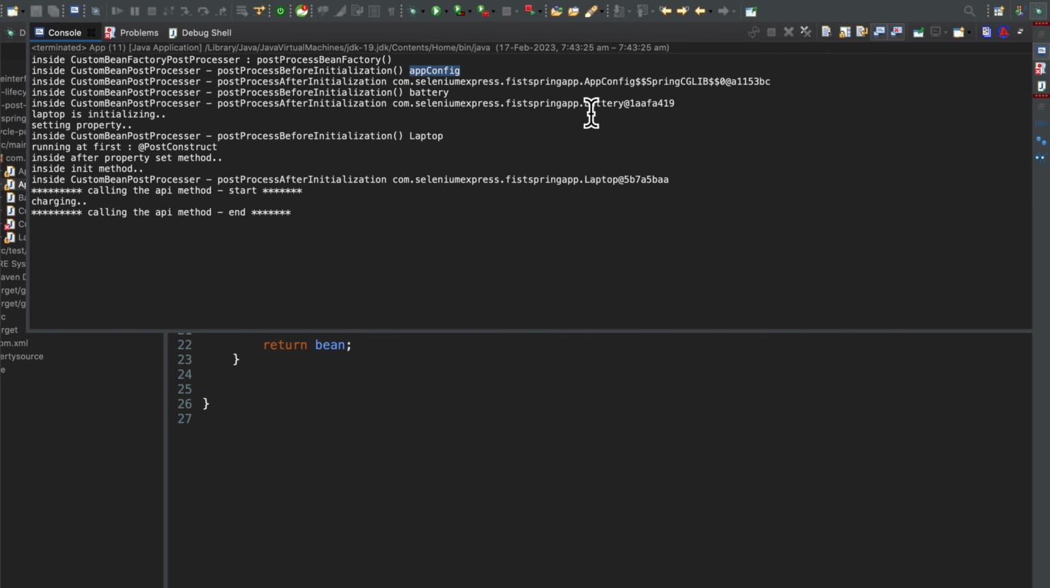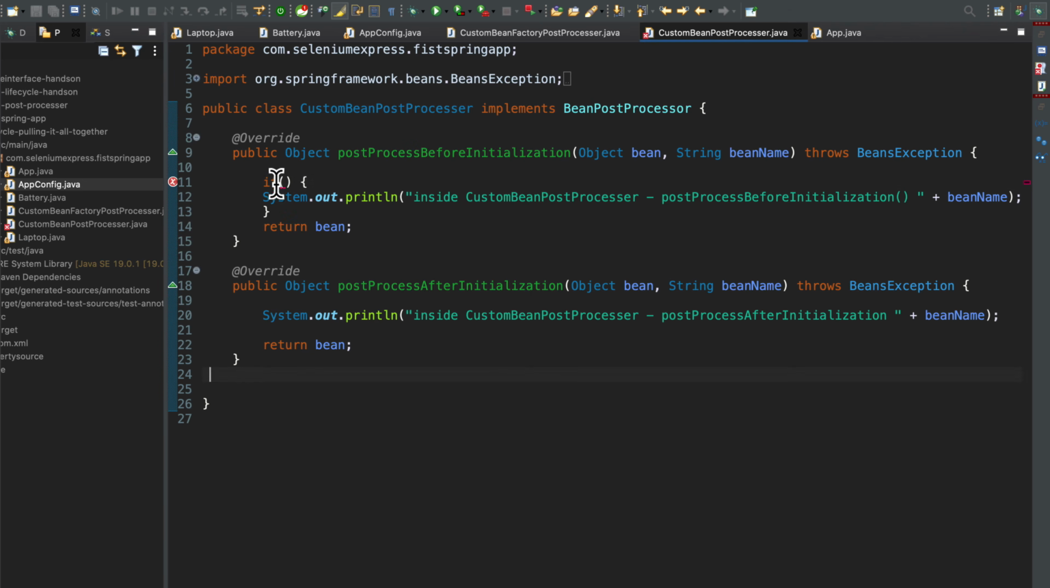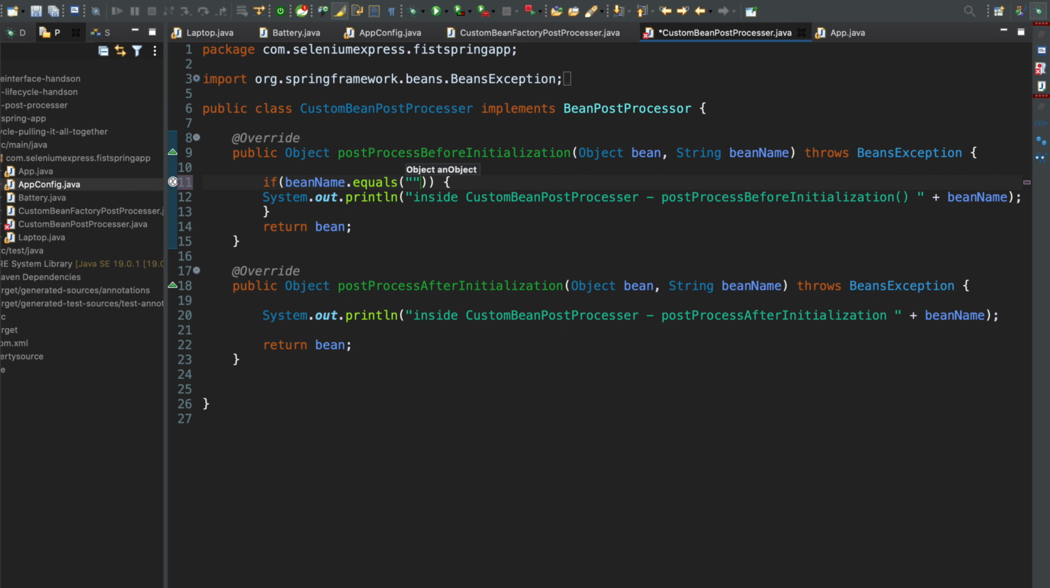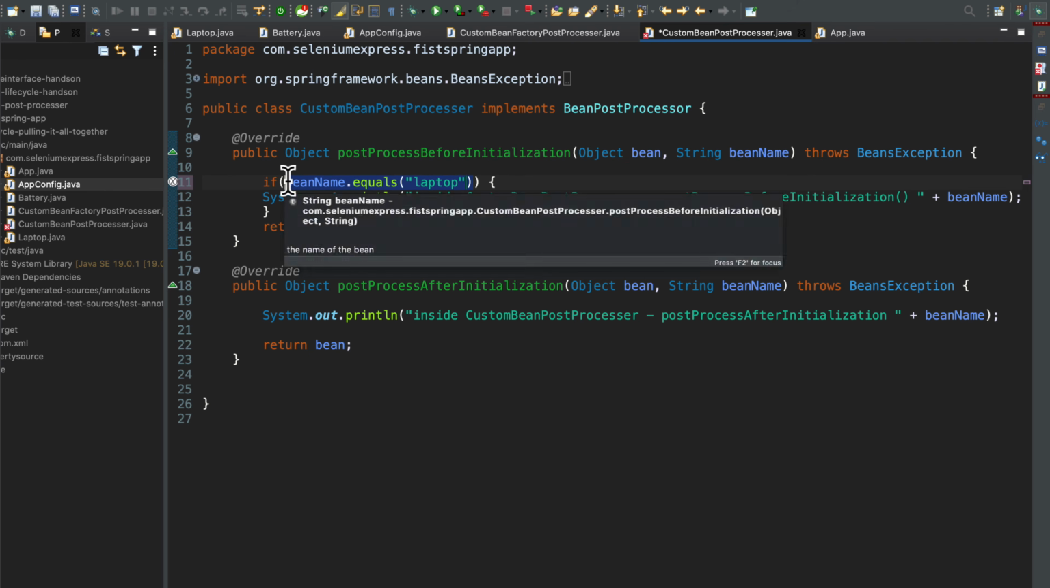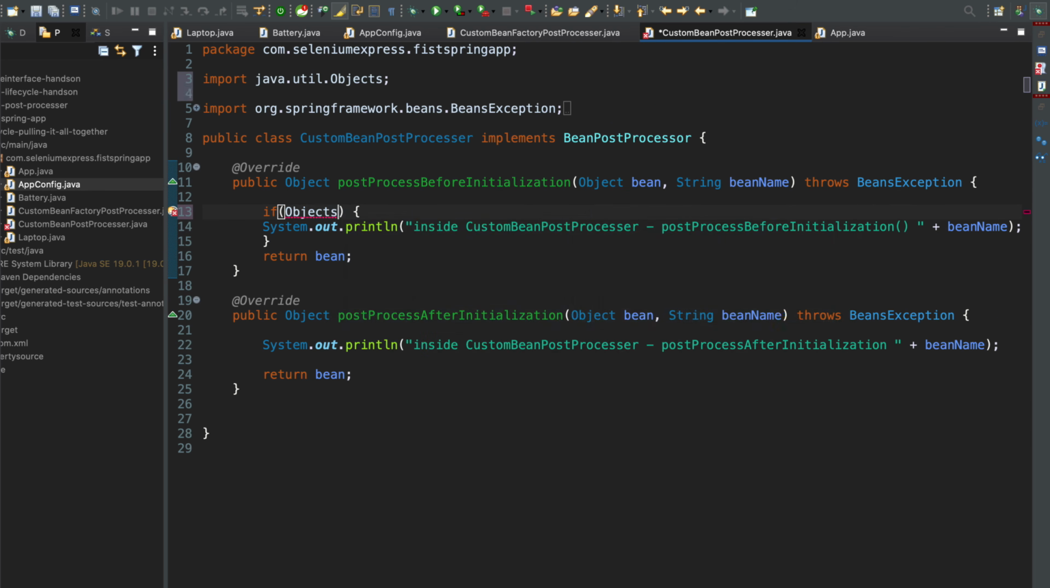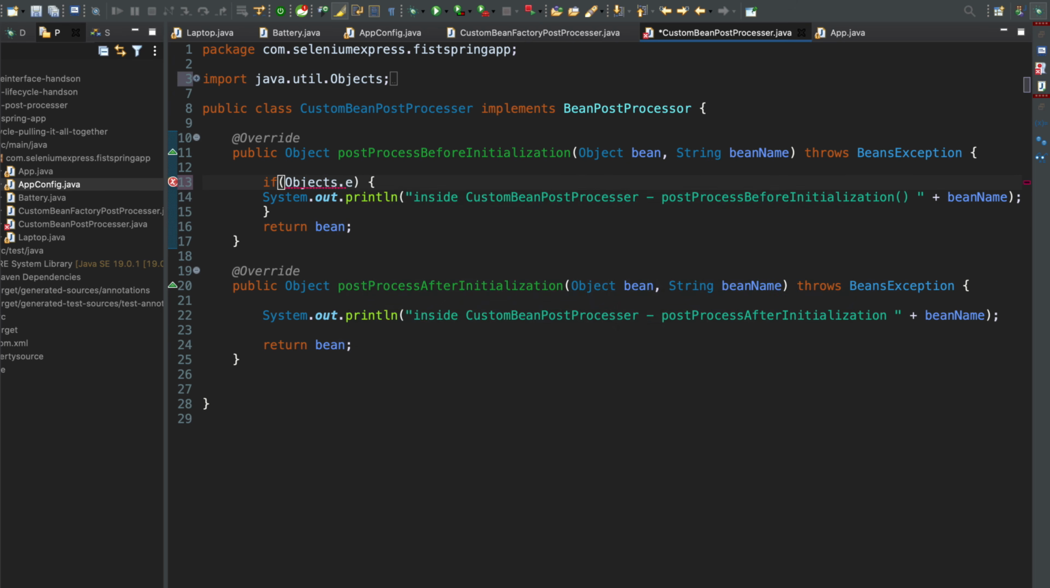For the app config and the battery, I only want to print it for the laptop. So I can use, if bean name dot equals my laptop bean, the default name will be laptop, right? Then only I want to print this. You can either use this equals method, or there is another one which came in Java 8, the Objects class equals method. Just give the name you want to compare. If this name matches with laptop, my actual bean name, then only you print